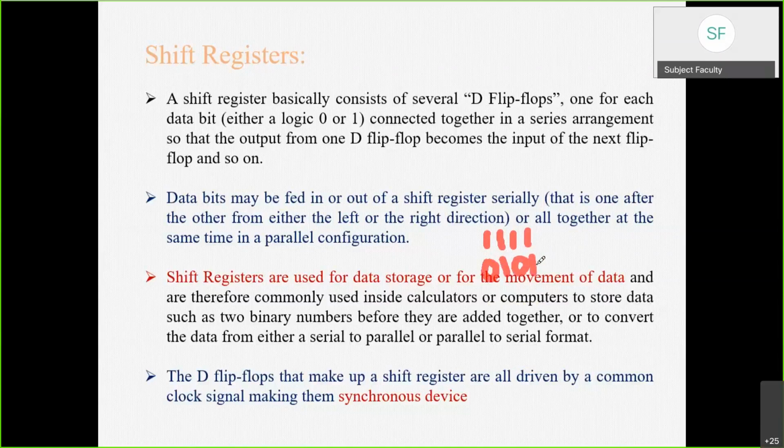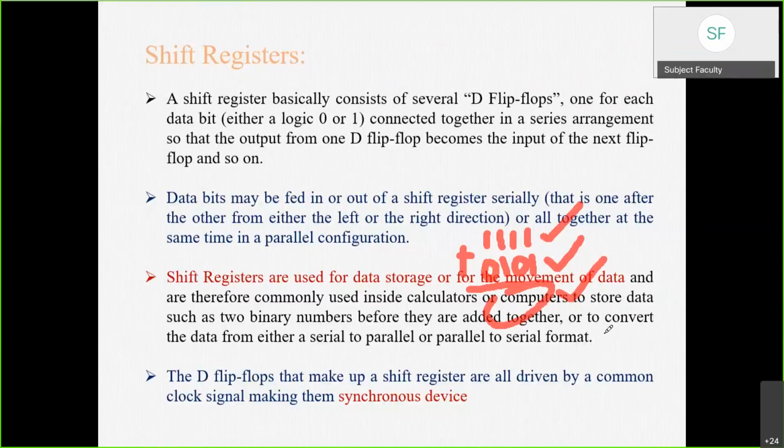Okay. So in order to do this addition, you need to store this 4-bit number into the register first. And then you will do the addition, and again the answer which you are getting will be stored into another register. Okay, so the register is very important in case of computers or microprocessors.